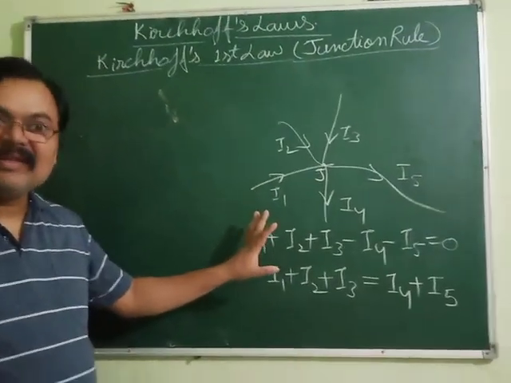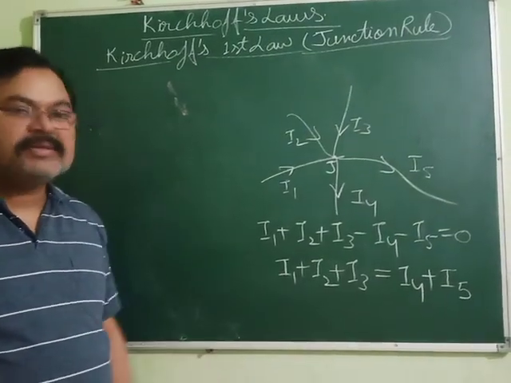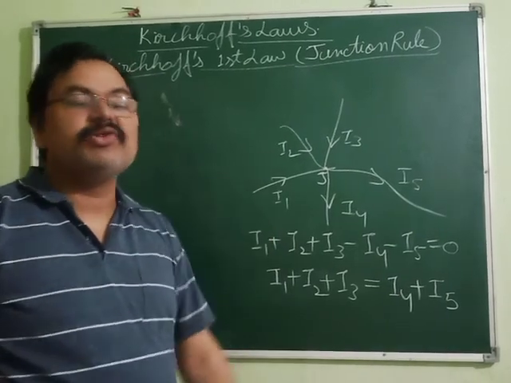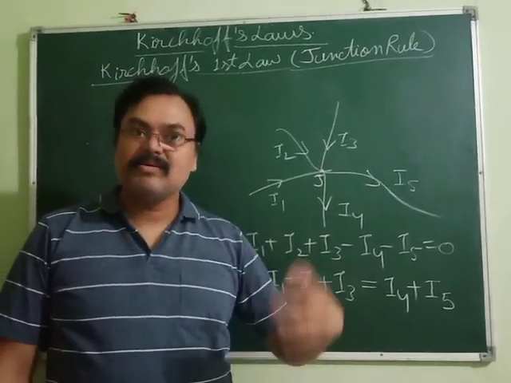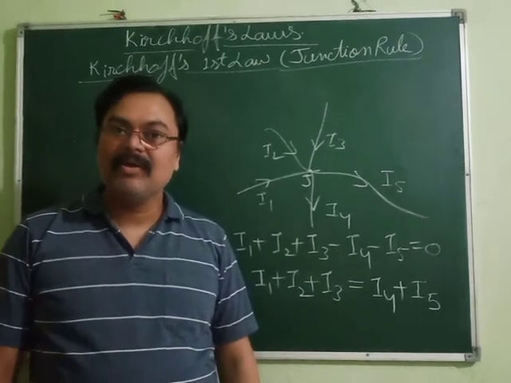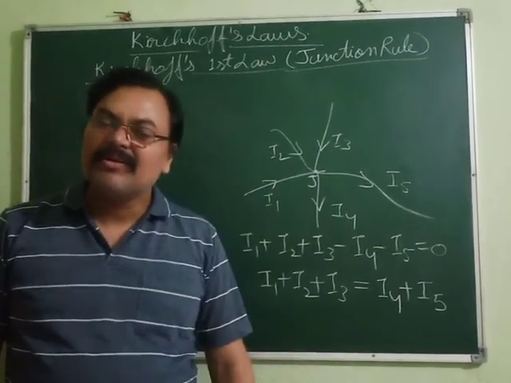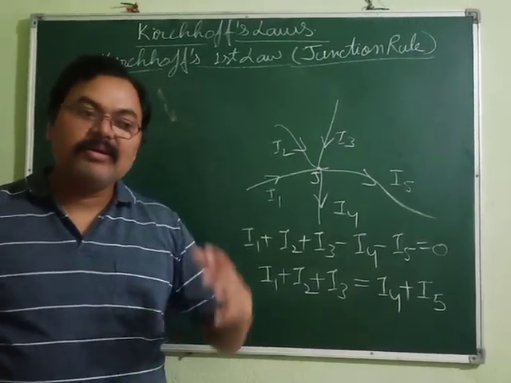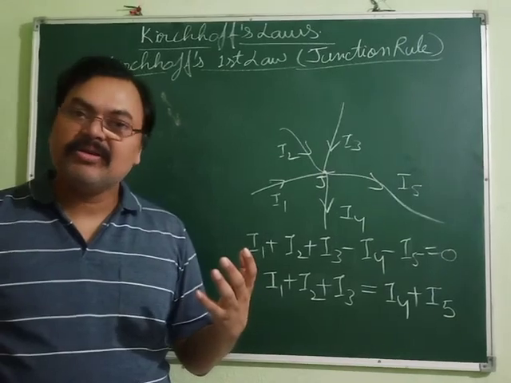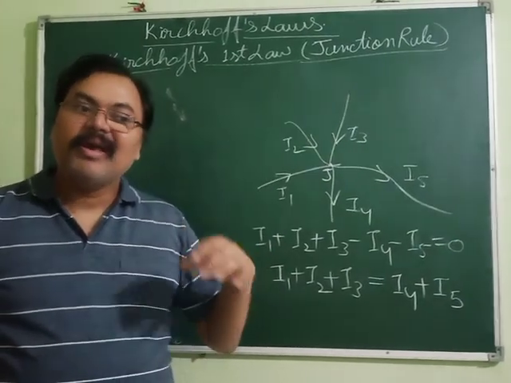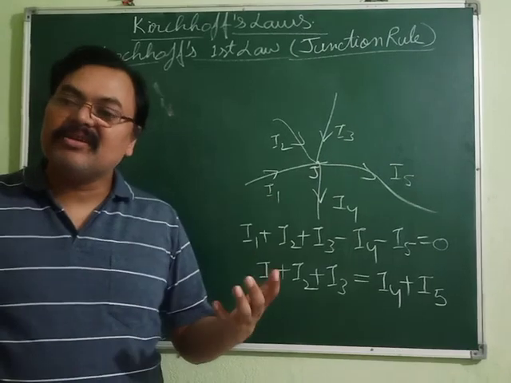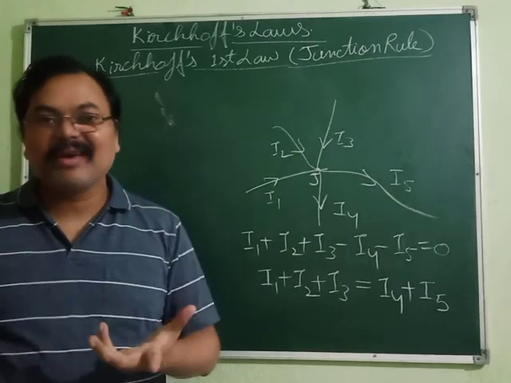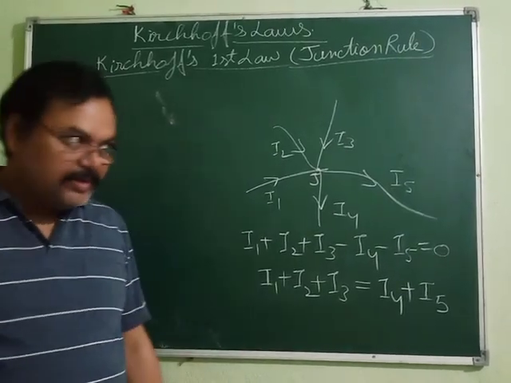So all of you have done till this? Once you have done this, I would like to ask you something. See, what is current actually? What is electric current? It is the flow of charge per unit time. So if the current approaching the junction is equal to the current leaving the junction, then can we say that the net charge approaching the junction is equal to the net charge leaving the junction per unit time? Can we say that? Because per unit time means it's current only.